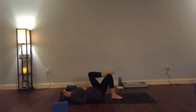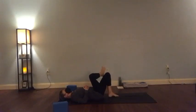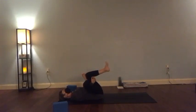We're going to uncross and we're going to switch and cross the left ankle above the right knee. And again, if you're able to draw that foot off the floor and clasp behind your right thigh, do. Flexing through both feet. Waking up the hips. And then if you can let the right foot come up a little bit higher,